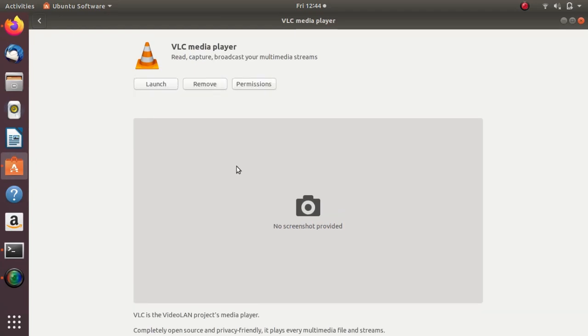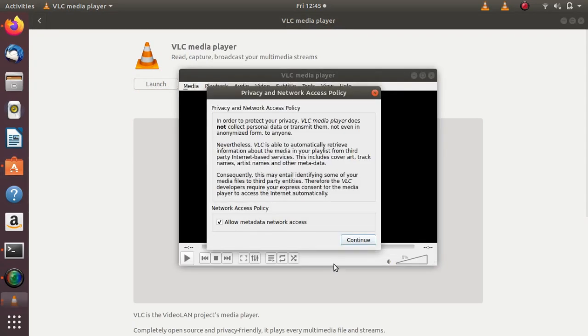Launch the button. The VLC will be installed. Here you go, the VLC is installed.